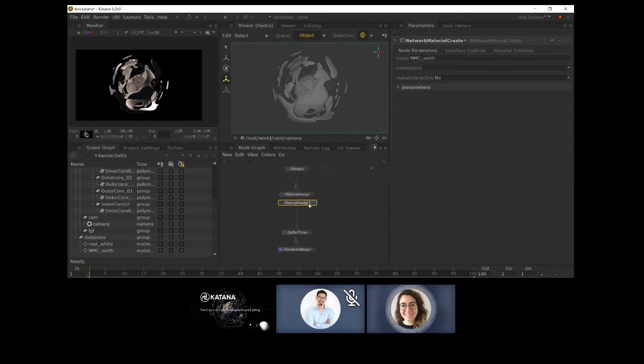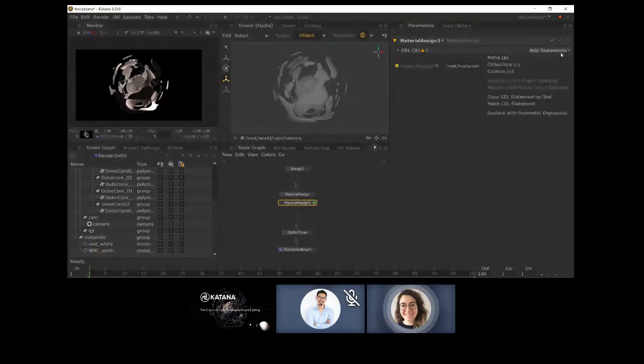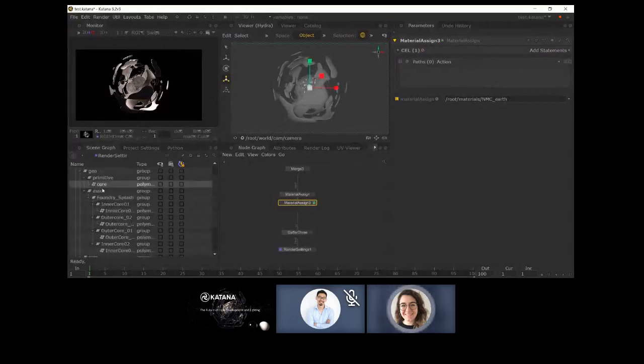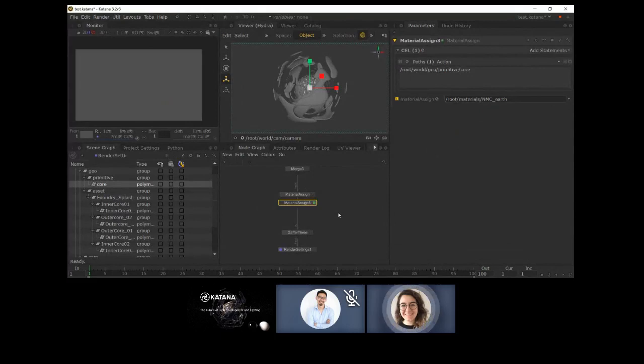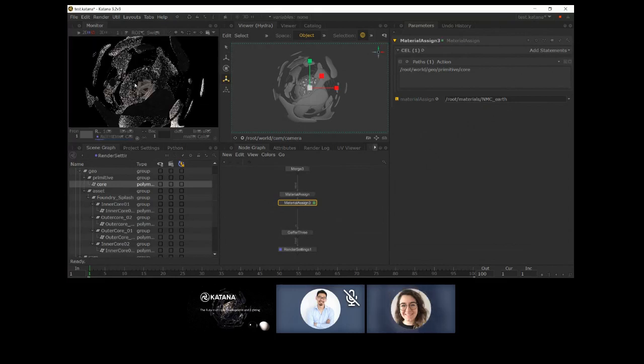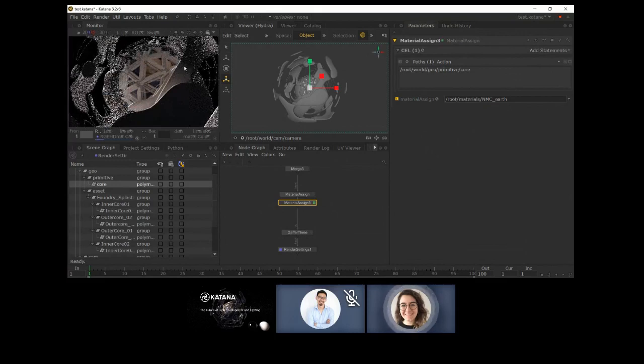So now if I go back to this material assign's parameters, and if I middle mouse button drag this part of the scene graph over to the material assign parameter, I can add statements and paths, and I'm going to bring in my call over here. So if I right click and select preview render as well, we should have a texture assigned to this material, but you can't really see it because it's kind of hidden